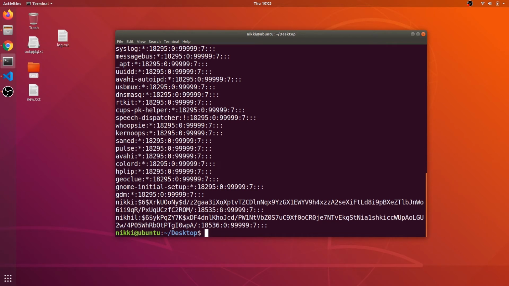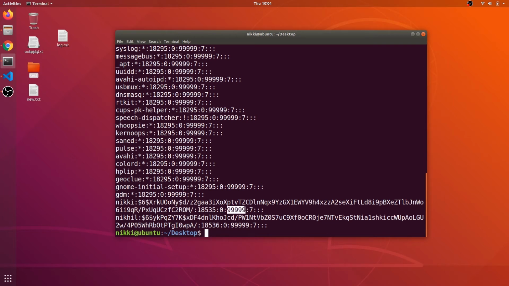So thus the fourth column is 0. 0 means that we need to wait for some more days to change the password again. So if I change this password today, and I have the value of 5, I need to wait for 5 days to change my password again. Since I have 0, I can change it anytime.